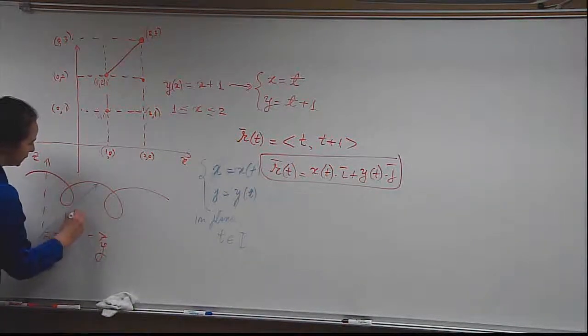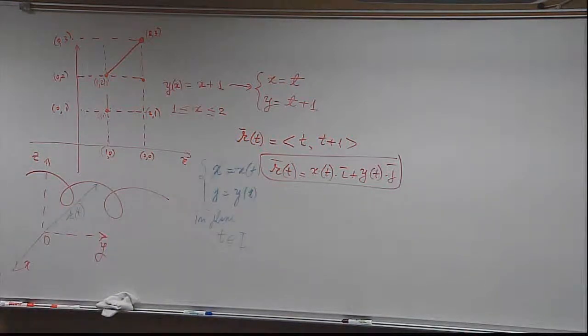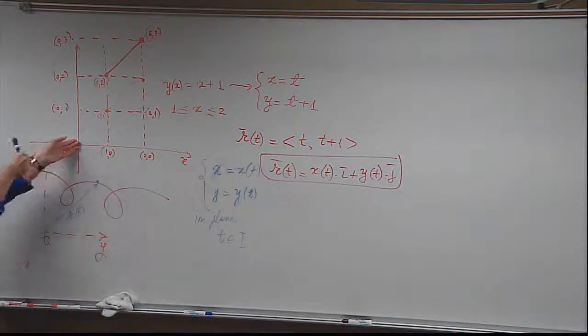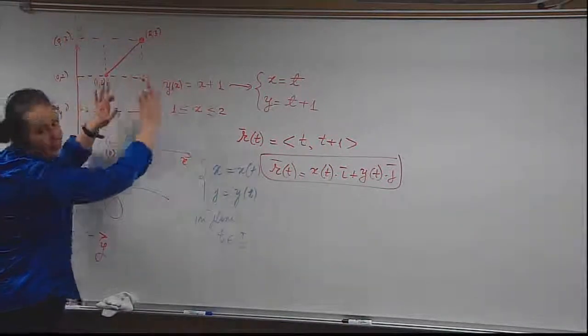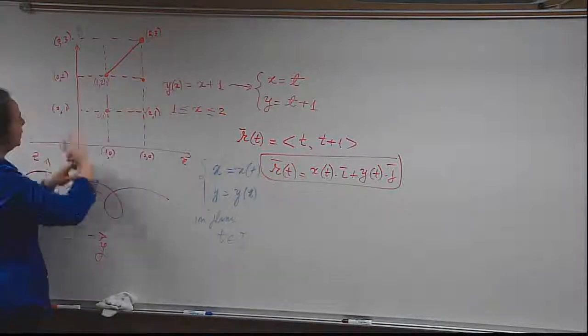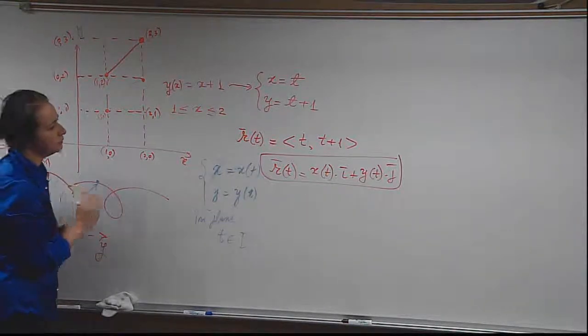So r of t represents the vector that originates at the origin O and ends exactly at the position of your particle at time t. If you hate bugs, this is just a particle from physics that travels in time t. So, okay, that r of t is representing the parametric equation. Yes, sir, exactly. In a plane where z is 0, so you imagine the z-axis coming like that. z is 0, this is the xy plane, and I'm very happy I live on the floor. This bug lives on the floor. He doesn't want to know of 3 dimensions, so what is he going to do? He's going to say,